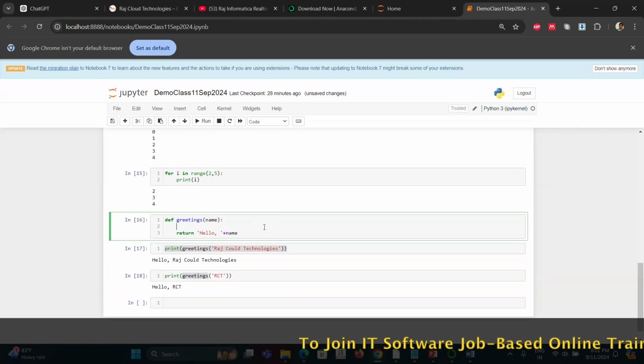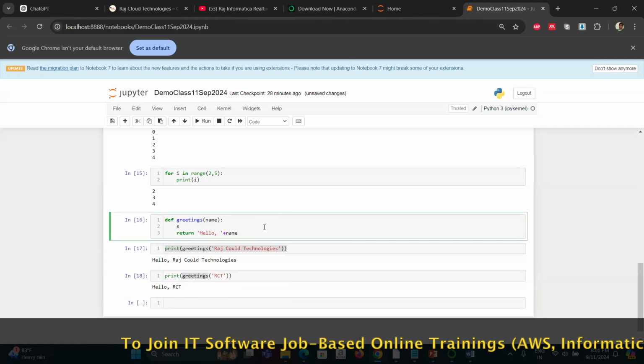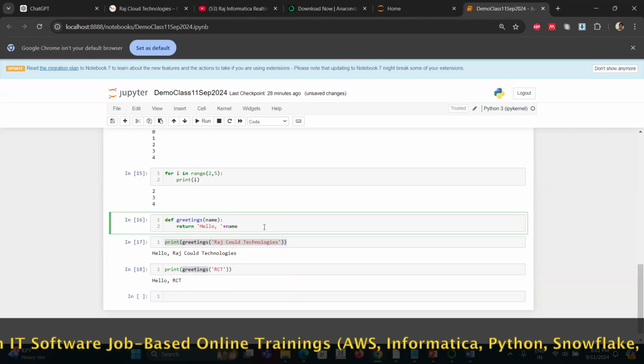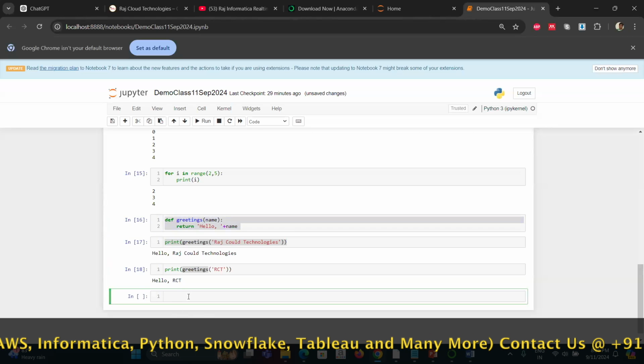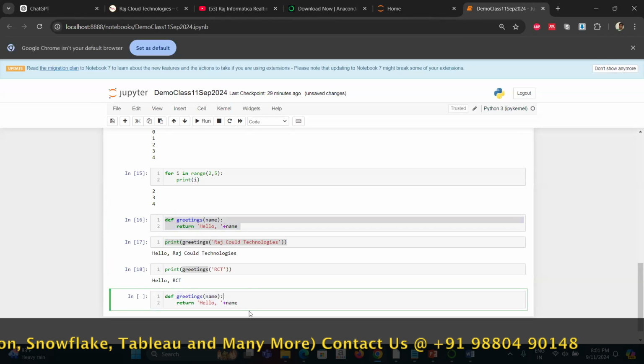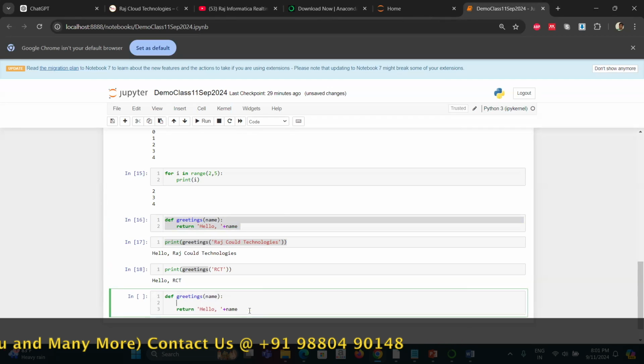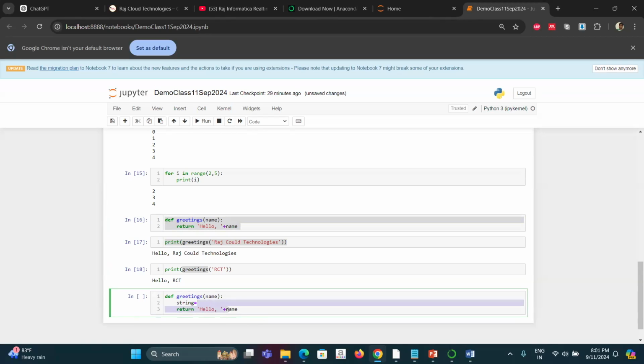Like for example, maybe a sentence, I will not do this here. I can do multiple things, like for example, I'm not going to execute, I'm only writing the code. Maybe string is equal to, okay, I will say this.